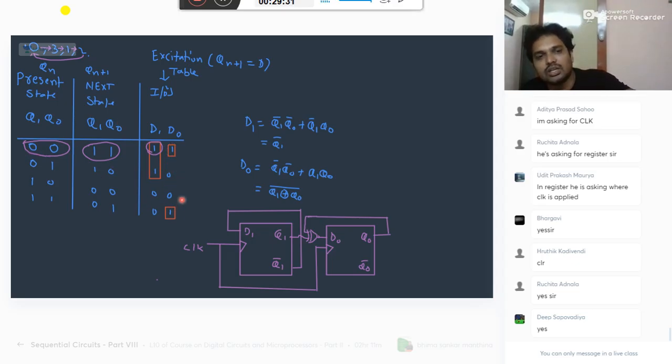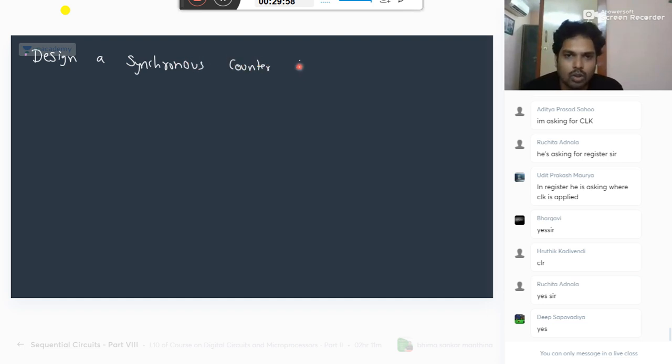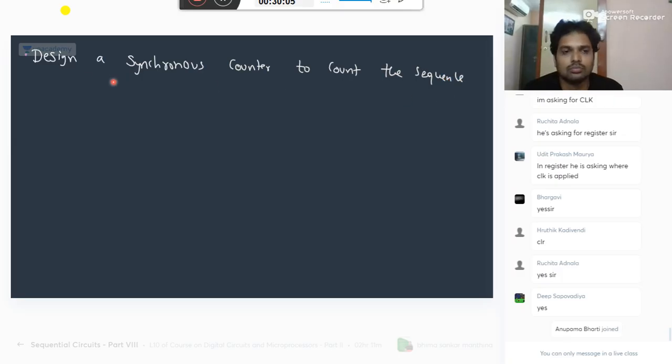So let's do the same thing with T flip-flops and one more question. Design the next question: design a synchronous counter to count the sequence 0, 3, 5, 6, 0 using T flip-flops, and check